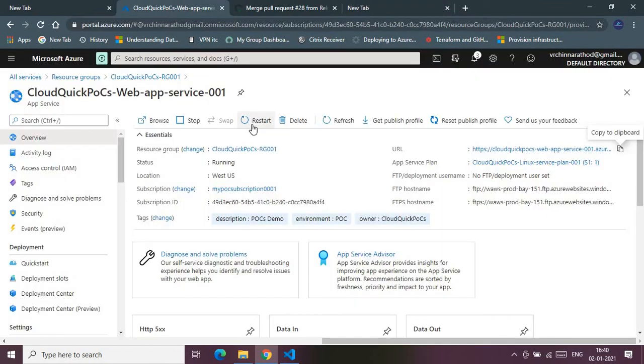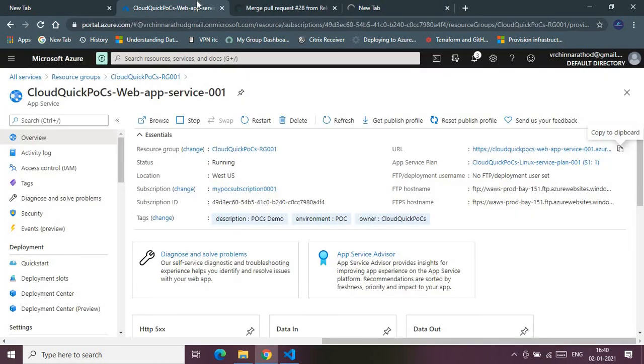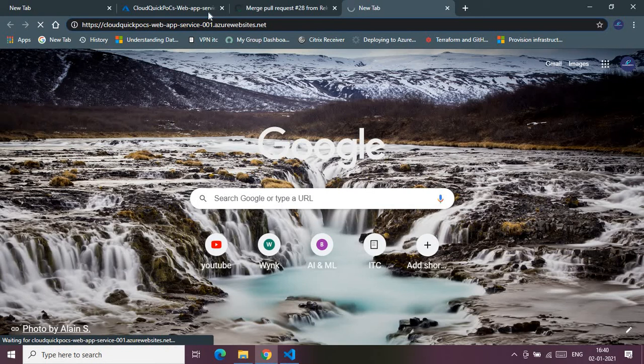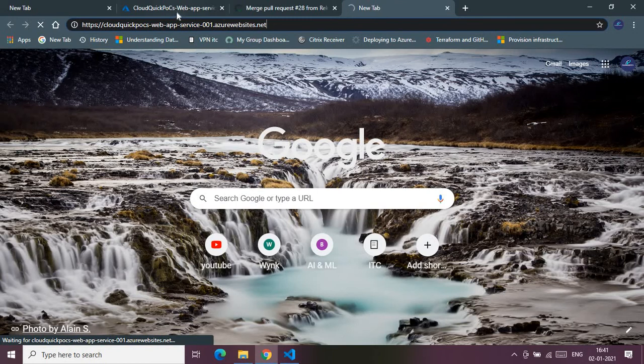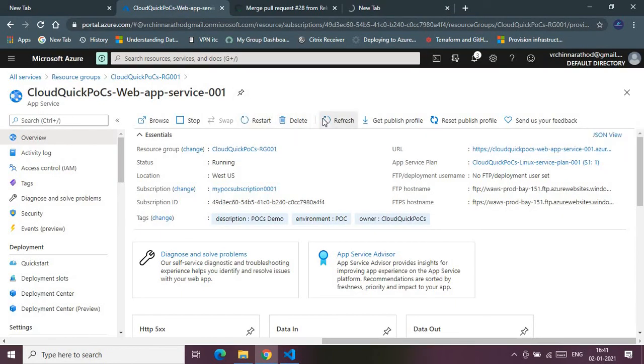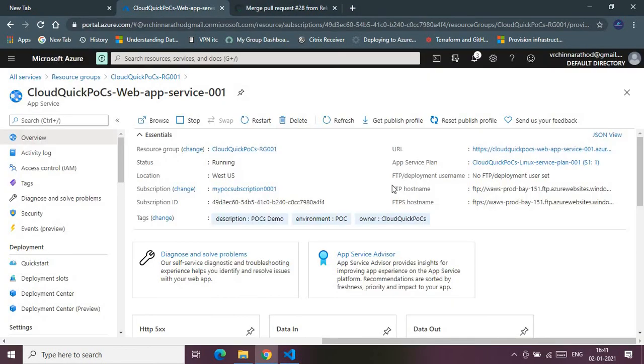in this web app. Yeah, it will take some time, but it has to come in. It will show some general page from Microsoft. As it was just now provisioned, it is taking some time to load, whereas it will generally appear. So let's wait for this to completely load. It should come now. Let me browse it again.